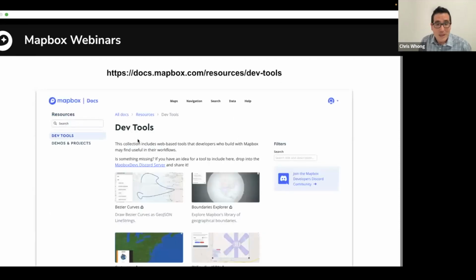But we're going to start quickly with the location helper. Right before I get to that, if you go to docs.mapbox.com/resources/dev-tools, you'll find this little index. We're always adding new things to this because there are things that have been built over the years that are in various stages of support, whether they have been published meaningfully or more as little experiments. So Connor and I will take some of these things that were published more as experiments and spruce them up and make them a little more established. But this is a great place to go to start to see what we have to offer. So go ahead and check that out.